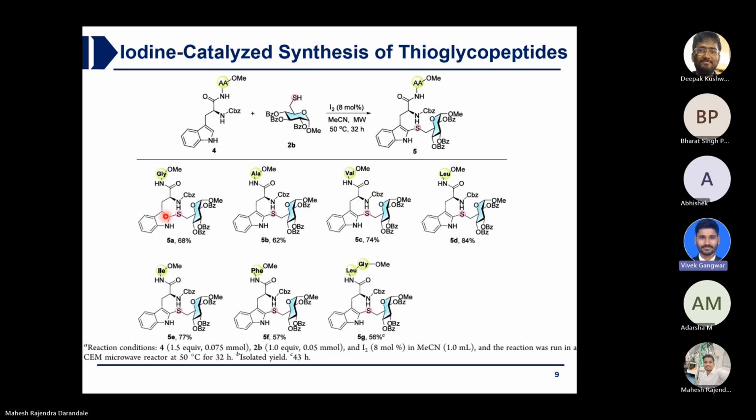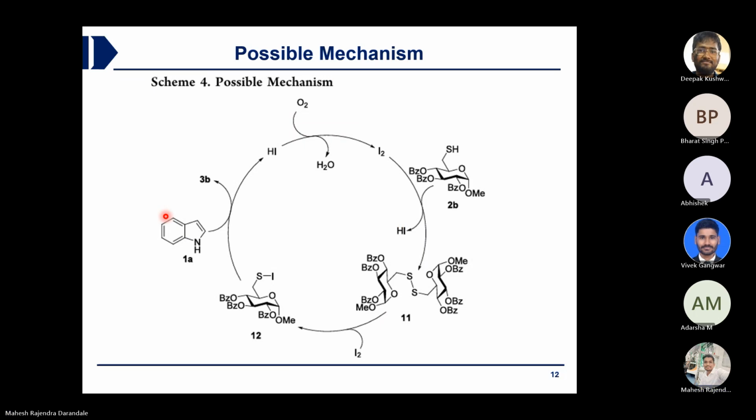Okay. And second thing, you go to the mechanism. Here this HI is forming now. Hydroiodic acid is forming in this case. So this also can activate this disulfide or not? They have shown only molecular iodine, but maybe it can also activate. There is no problem, because H plus goes on one sulfur and HI goes on the other sulfur. Oh, you are saying one SH will form and another one is SI.